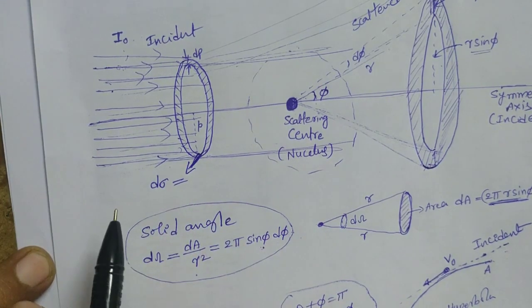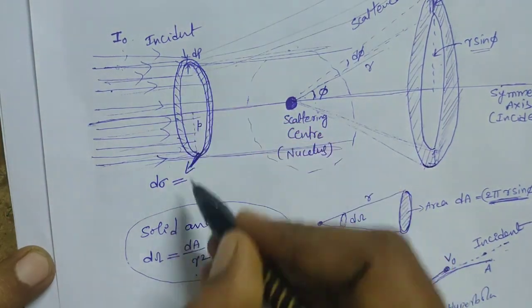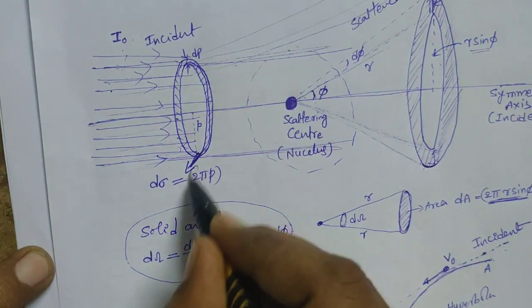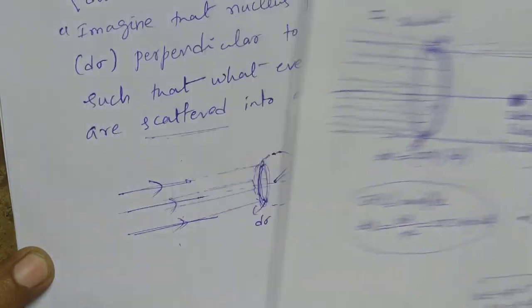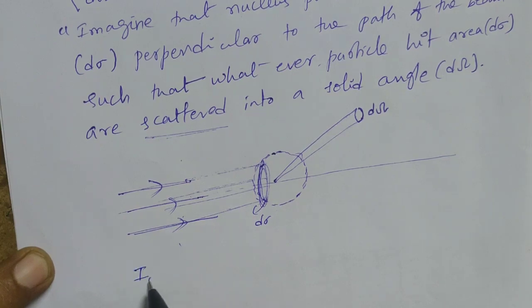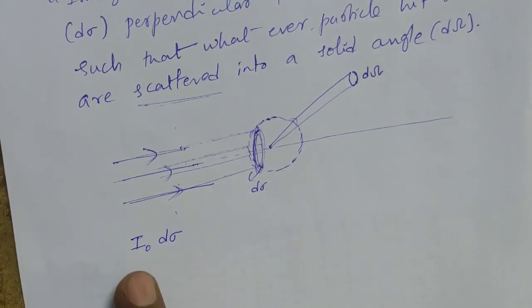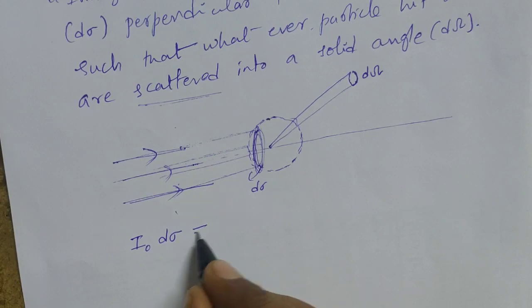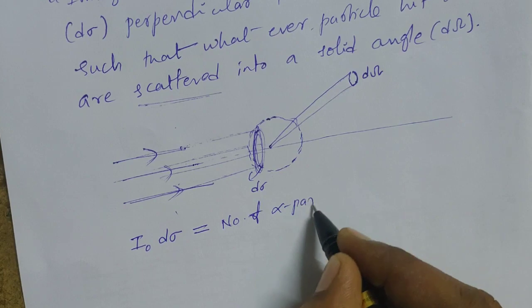This area we can write as 2 pi p, and thickness will be dp. So finally, what does this quantity I naught multiplied by d sigma represent? This I naught is a number per unit time per unit area, multiplied by area. So that means it is the number of alpha particles,